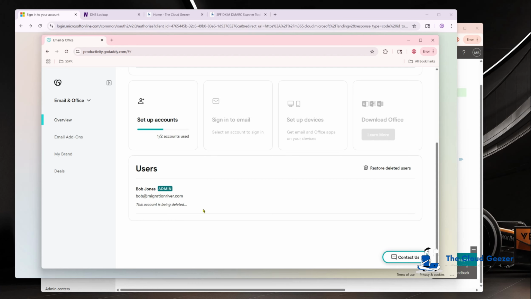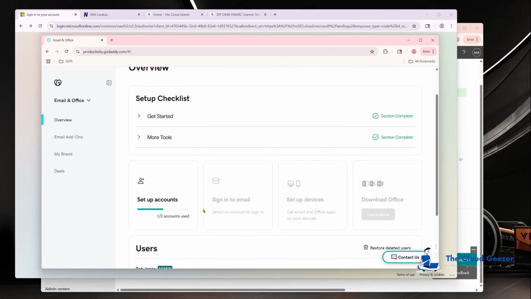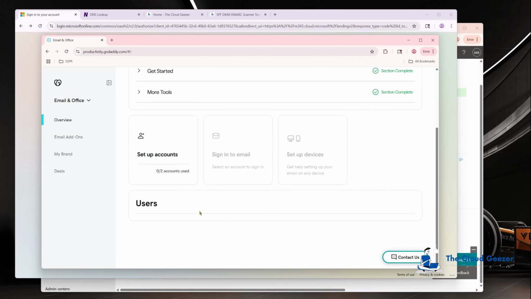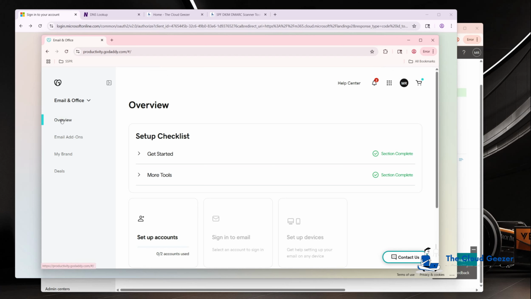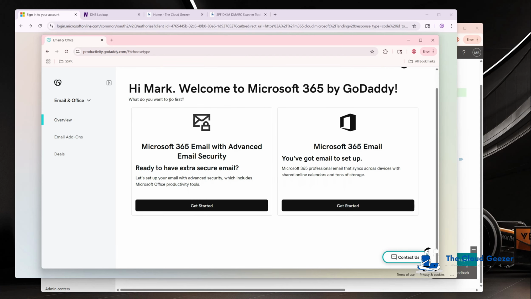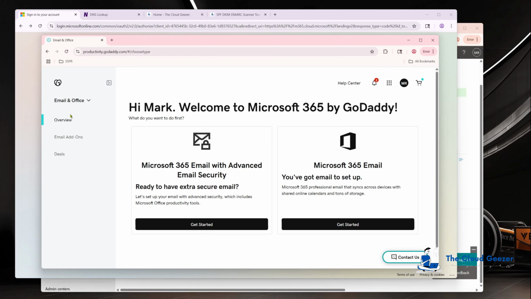Then I can remove the service from inside GoDaddy. I can now take off the renewal and basically get rid of it. As you can see, there we go. Now it says users are gone, and if I look at the overview, set up accounts, I do have, you can see, different licenses available. Great. But what it means is that now if I go back into the 365 tenant, which I do here,